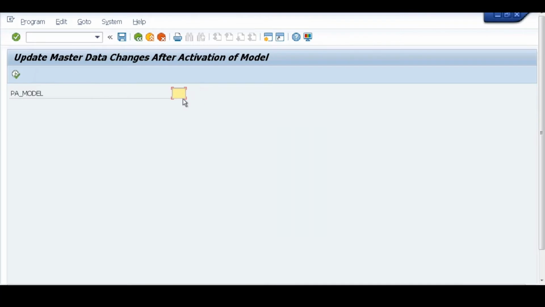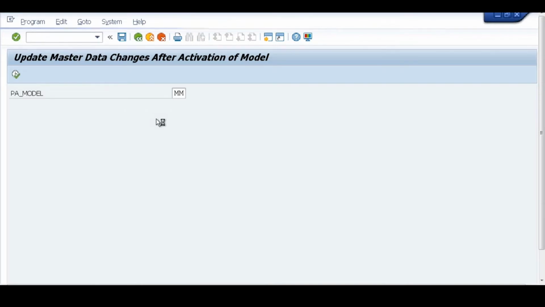So now go to this execution, and here you need to give the model name. For me, just now I have worked with the data model, so execute. It will take again a few seconds or a couple of minutes to synchronize the data with the staging table. Now the question is, if I do not do this particular activity, then what is going to